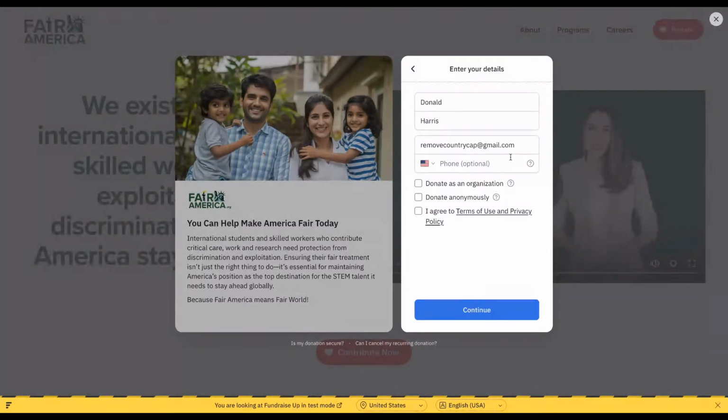Then phone number is optional, but I encourage you guys, if you can, to leave your phone number as well. We will use it to send reminders sometimes. Phone marketing, or sending text messages, is very expensive, and right now we don't have any plan of sending them.